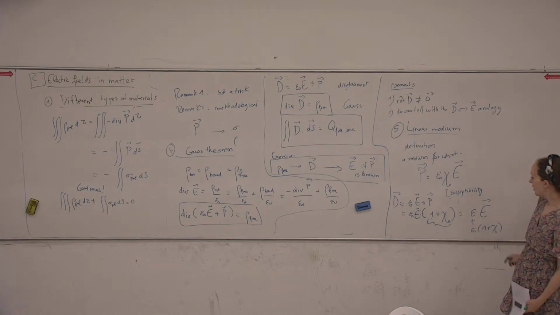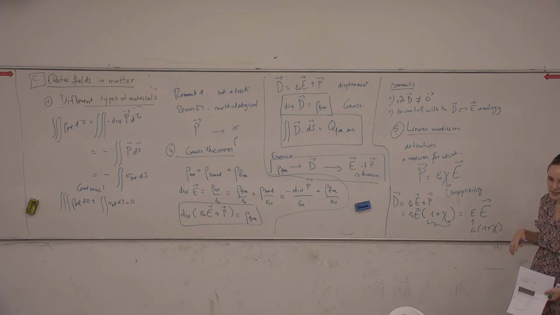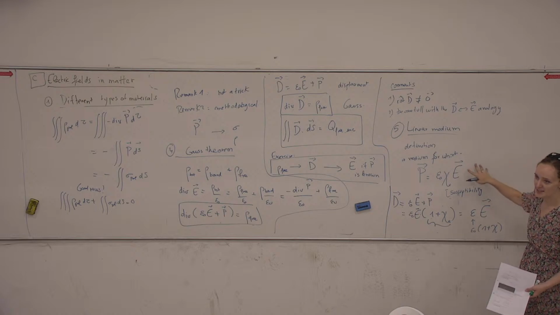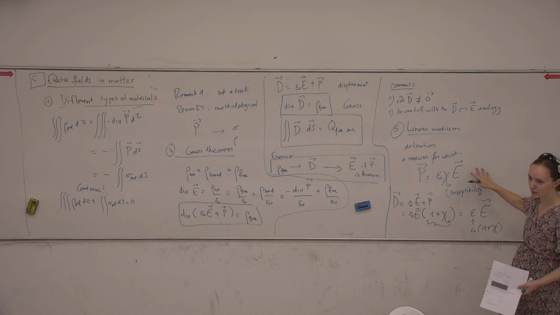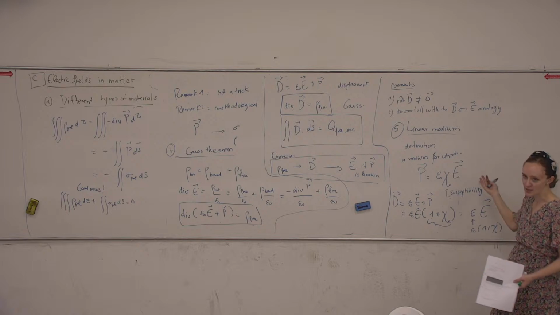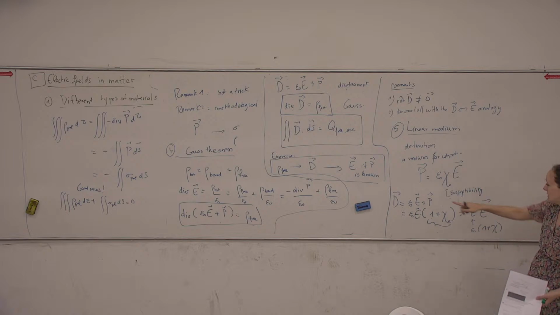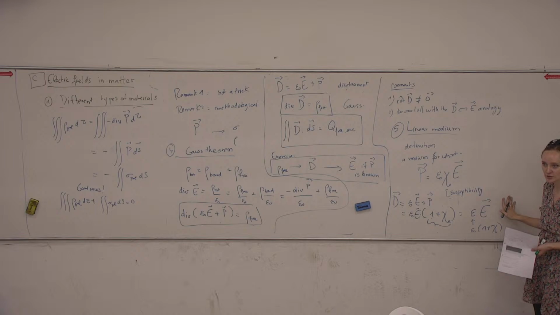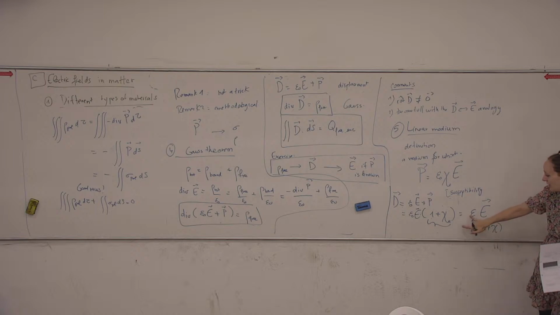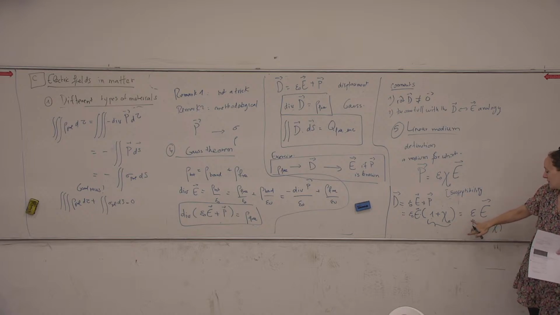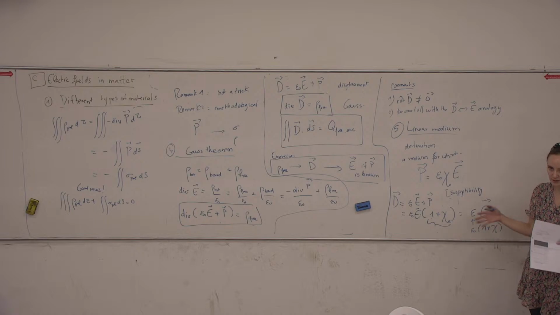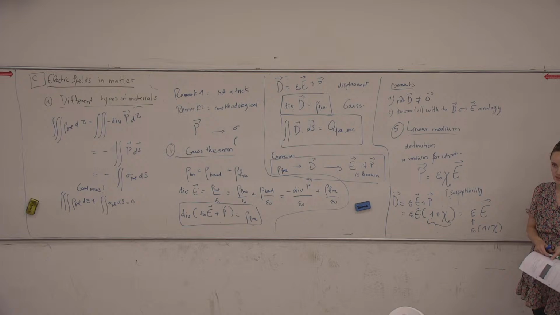Okay, so the important thing to remember is that with this definition, for a linear medium, the polarization is proportional to the field, okay? And the consequence of this is that the displacement is also proportional to the field. And thanks to all kind of things I defined, this is the link between the dielectric coefficient, the susceptibility, etc. These are notions that you might need in exercises. Okay, so